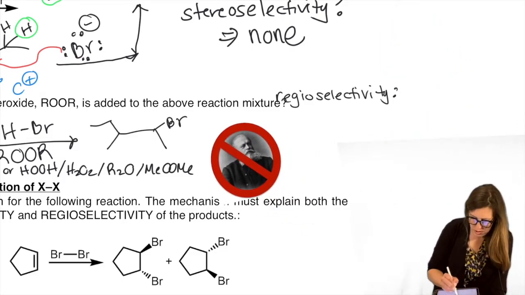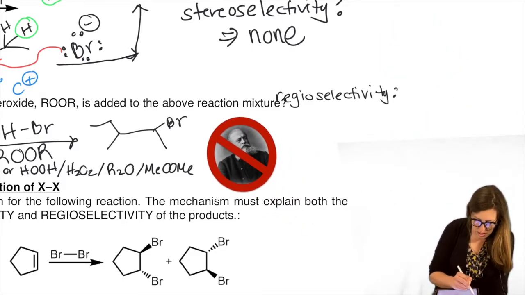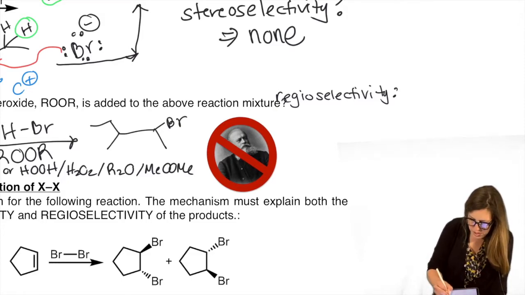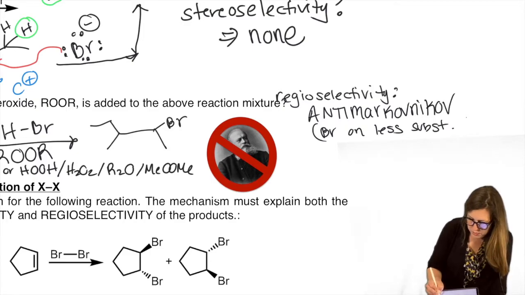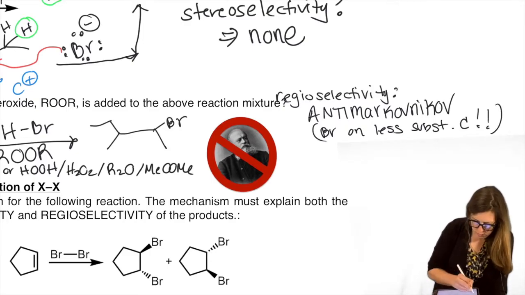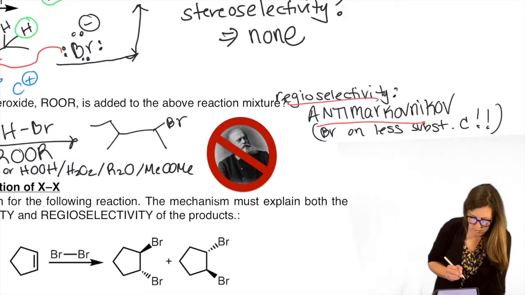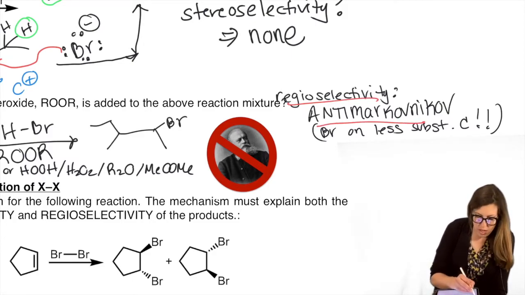Actually, I'll put it here, just so we can kind of keep that in mind. You don't have to have that picture, but it's just to emphasize. Anti-Markovnikov. That's what we say when it doesn't follow Markovnikov's rule. Bromine on less substituted C. So just keep in mind that